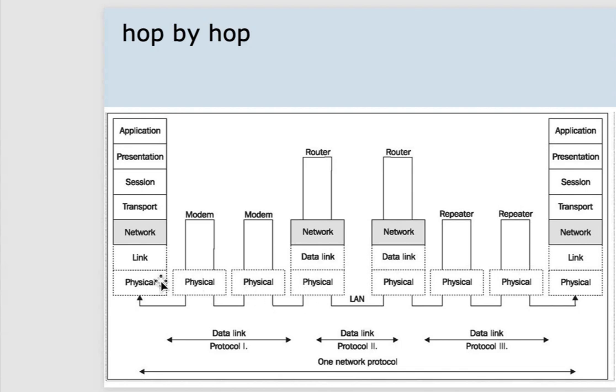Here's my MAC address, the MAC address of the first destination. That gets rewritten. This guy is now the source MAC address. Next guy is the destination MAC address. He rewrites it. He's now the source MAC address. Next guy is the destination MAC address. And so on, all the way along the net.